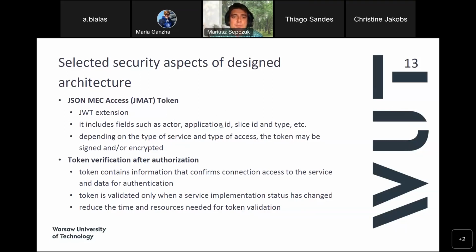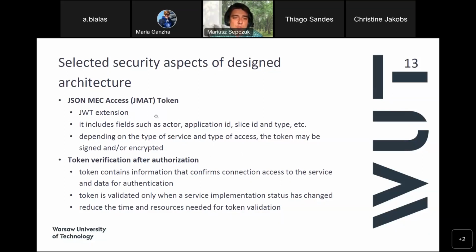And we perform some experiments in which we compare which algorithms fit the special requirements of the MEC environment, and the results of these experiments we published in one of our papers. The second security feature related to our created MEC access control solution is